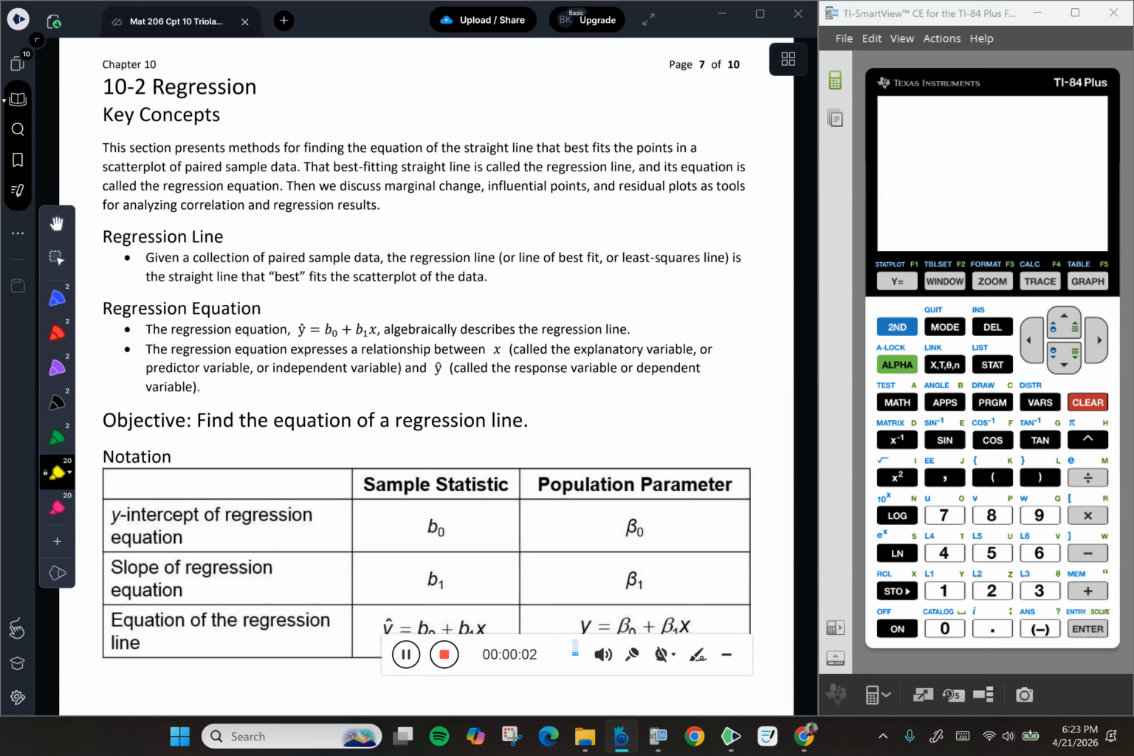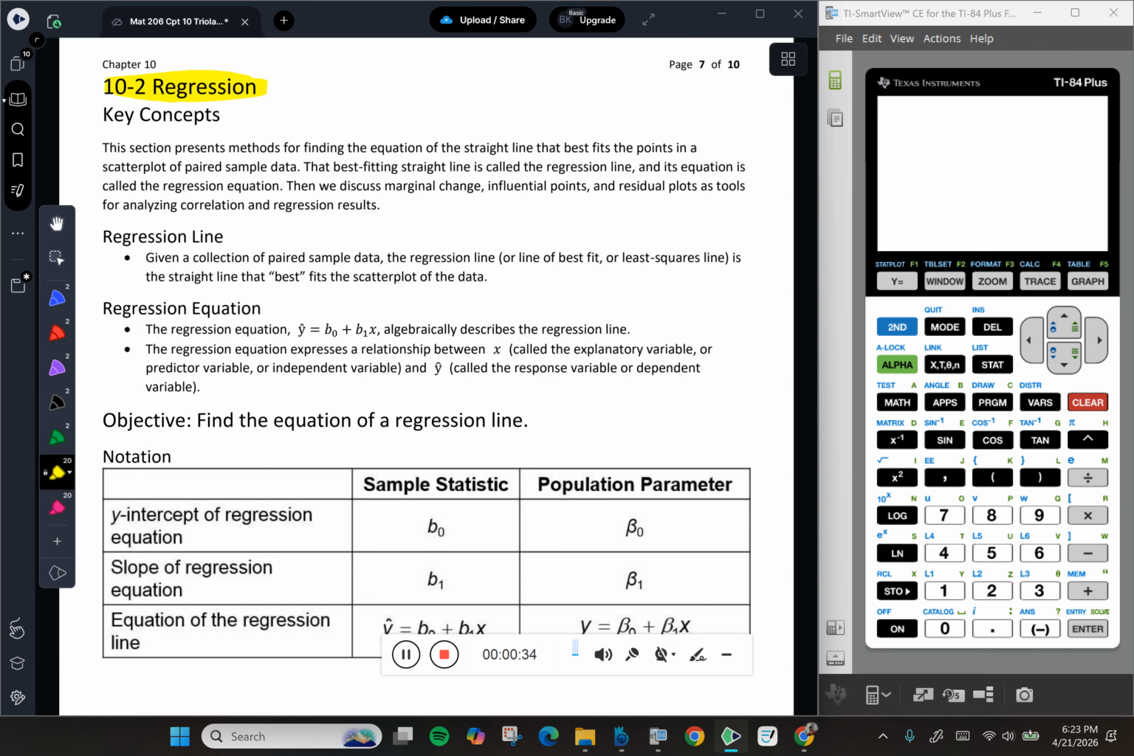Okay, so welcome back to section 10.2. In section 10.2, we're going to continue building on what we did in section 10.1. In 10.1, we asked the question, statistically, is there enough evidence to support a linear regression for data? So if someone gave us data, we ran a test, we set up our hypotheses, we ran the test, we